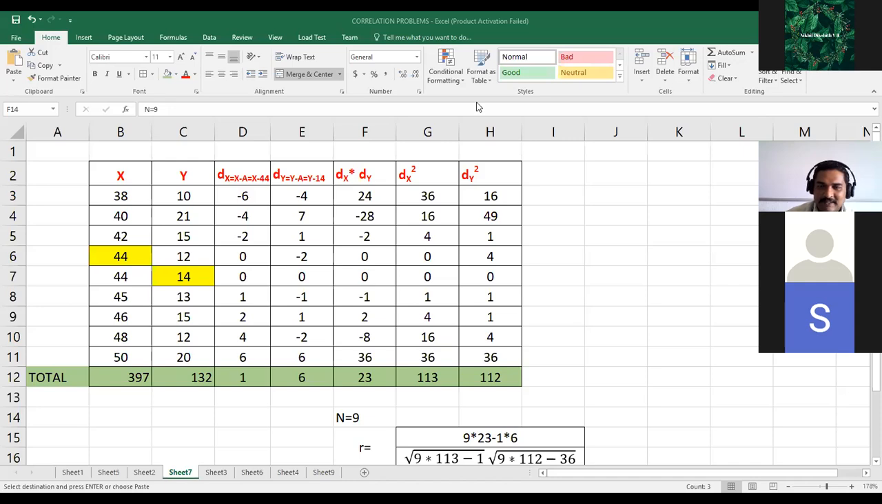Sir, is it low degree positive correlation? Very good, low degree positive. Between 0 and 0.25, it is low degree correlation. And if it is positive, that is low degree positive correlation. If it is negative, that is